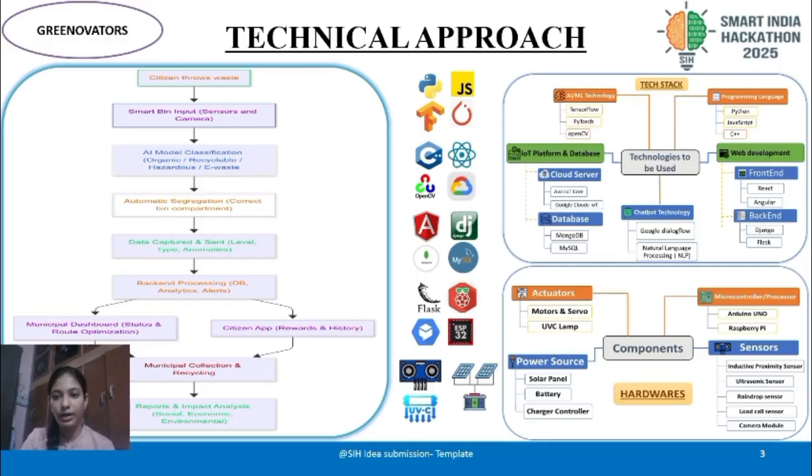Now, in software we have three types of languages, that is Python, JavaScript and C++. Python and JavaScript are used for programming our Raspberry Pi, and C++ is used in Arduino Uno. Now here is the IoT platform and databases. We are using cloud servers, that is Google Cloud IoT and AWS IoT Core. In databases, we have used MySQL and MongoDB. Now, moving on to the next point, that is hardware components. So as we discussed previously about microprocessors, actuators and sensors, now we are